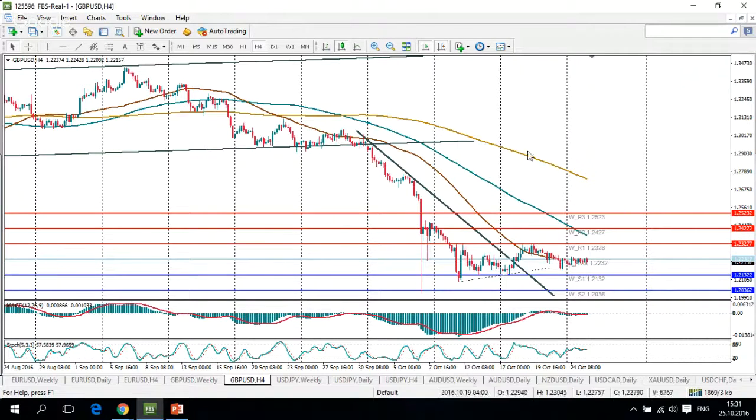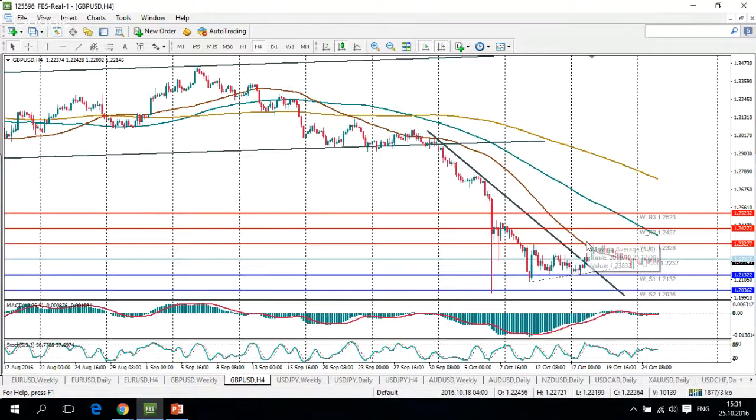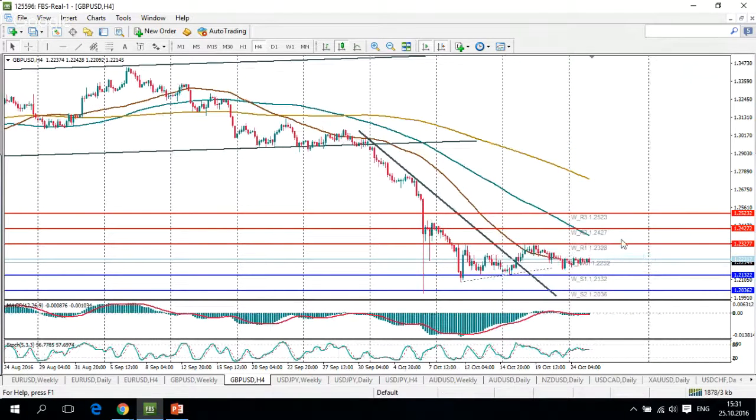Nevertheless, even if we have some short covering in the British pound and the pair attempts to get higher, we have here the declining 100 period moving average on the 4-hour chart around 1.2375. We have plenty of resistance levels, and I believe that any recovery in the British currency will be very, very limited, and these resistance levels you see on the chart will represent a good opportunity to enter short positions